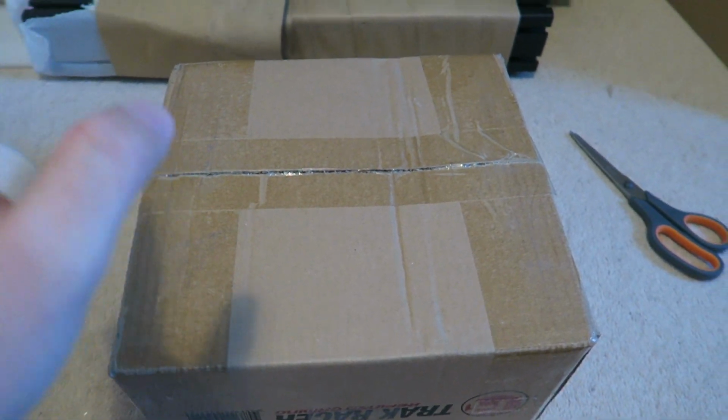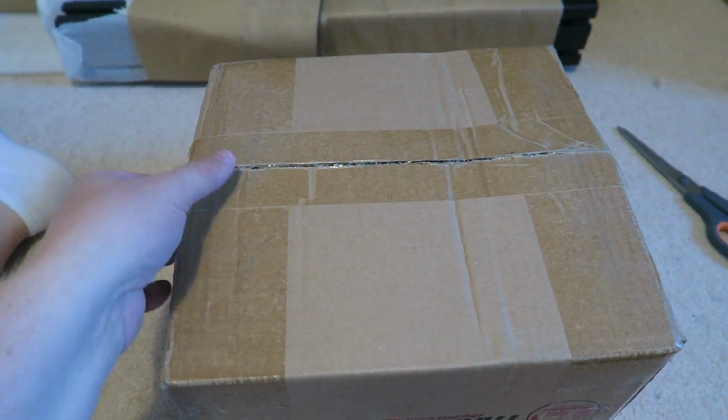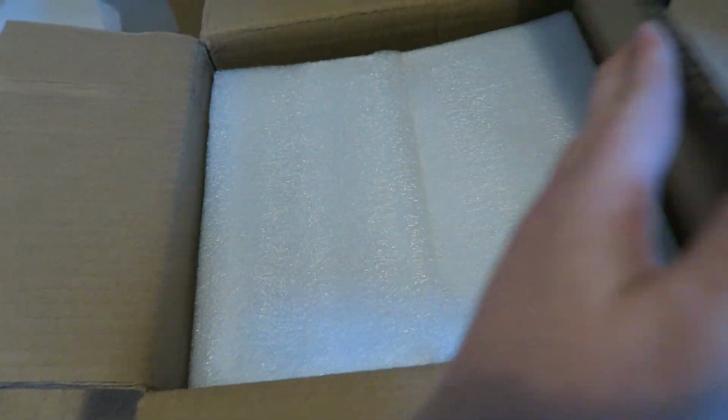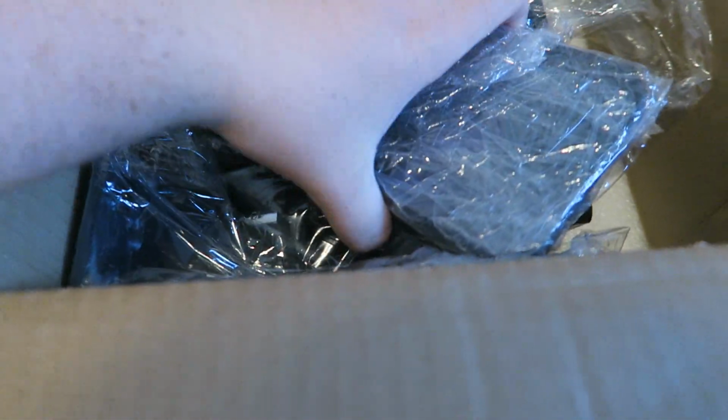Smaller box, this one. This is the 7th box I've unboxed. But I left the shipping sticker on it, so I know that this one is officially 9 of 13. Keen to see what's in this one, as I can't really fit long aluminium rails in this one. So